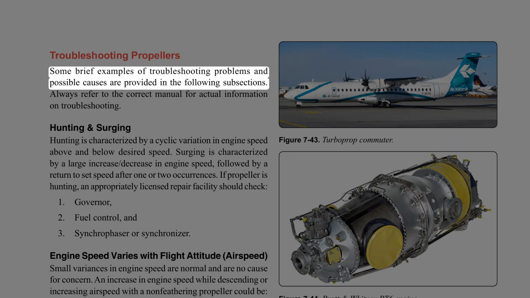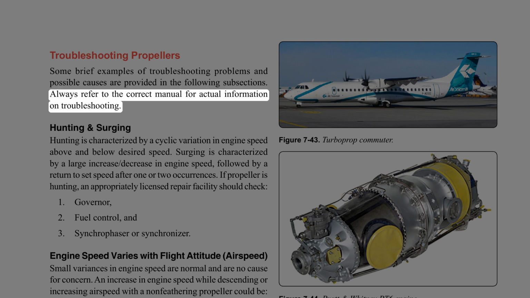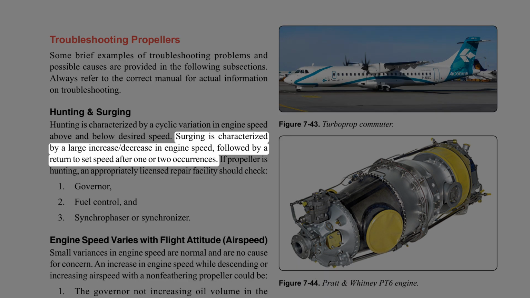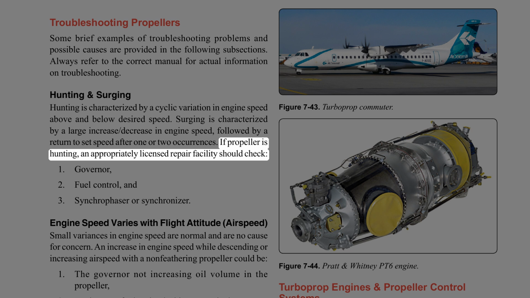Some brief examples of troubleshooting problems and possible causes are provided in the following subsections. Always refer to the correct manual for actual information on troubleshooting. Hunting and surging. Hunting is characterized by a cyclic variation in engine speed above and below desired speed. Surging is characterized by a large decrease in engine speed, followed by a return to set speed after 1 or 2 occurrences. If the propeller is hunting, an appropriately licensed repair facility should check: